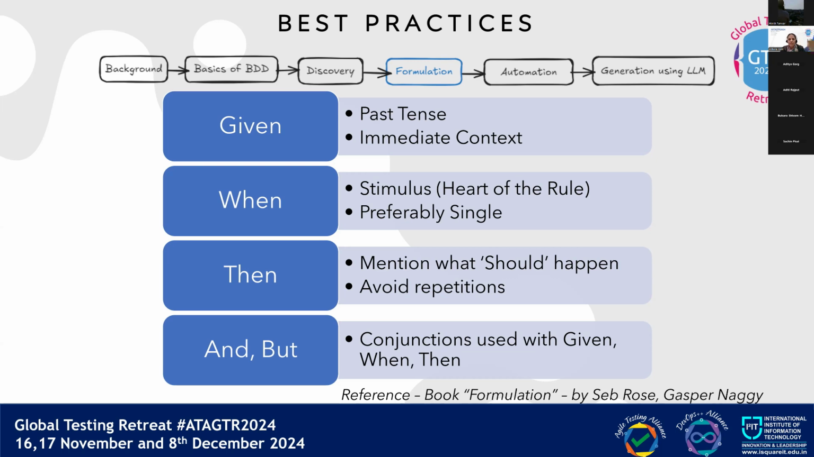Too many and statements in given indicates that it has unnecessary context. Too many and statements in when indicates that it is a journey scenario, because it's only in a journey scenario that you are taking two or three hops to reach the outcome. And too many and statements in then indicate that you're trying to put too many outcomes together. So those are the best practices